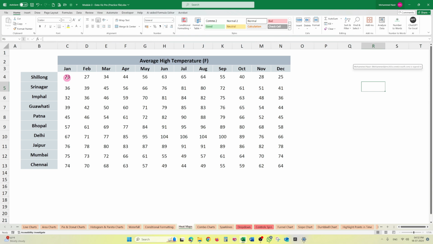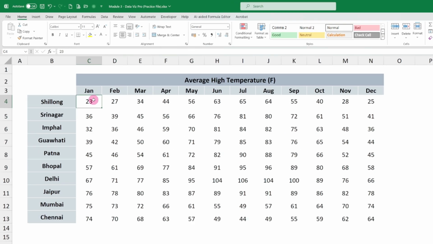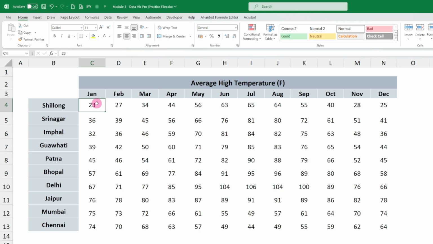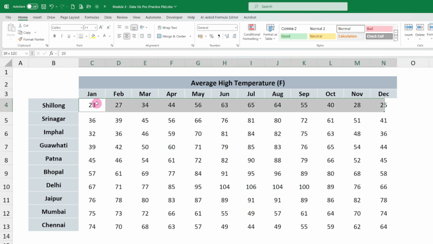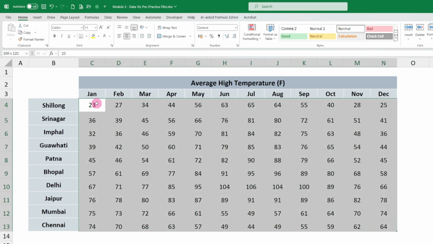To get the answer to these questions, we can create a heat map, and by seeing the color scale we can easily identify which city has the highest and lowest temperature. So let's see how we can create a heat map using this data. To create the heat map, first we need to select all data. To do so, click on any cell and then press Ctrl Shift Left Arrow, then Ctrl Shift Down Arrow to